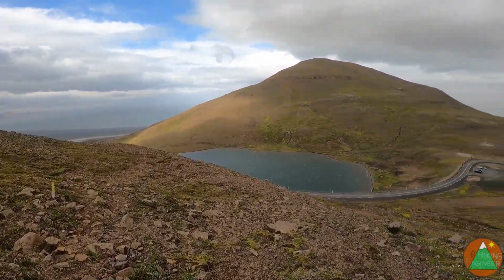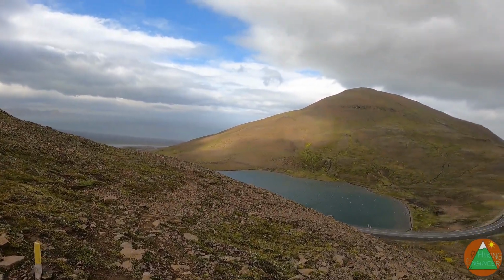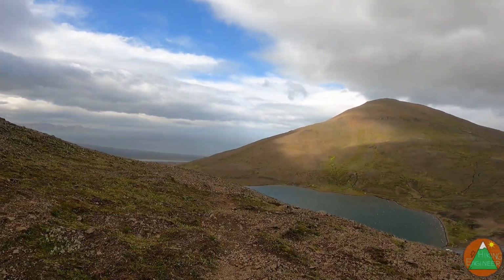So anyway, there's a lake here. You see there's a parking lot here. There's one right over this, can't quite see now, and then I'm like a mile further or